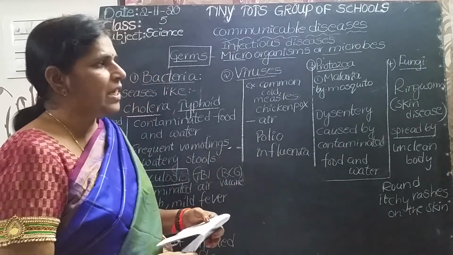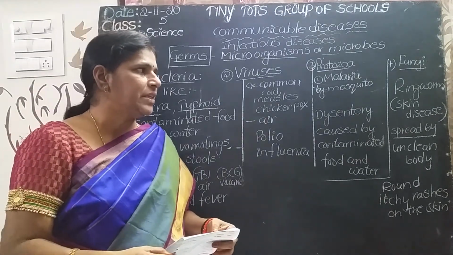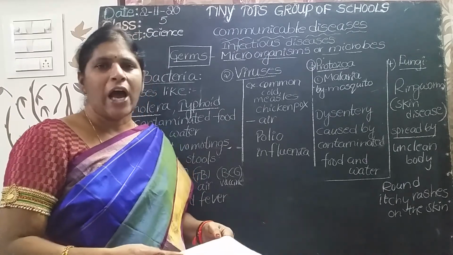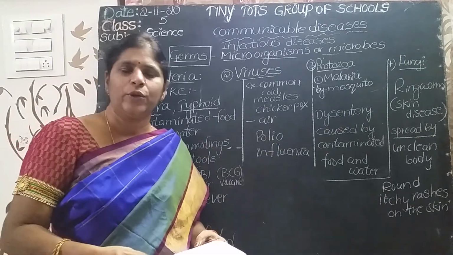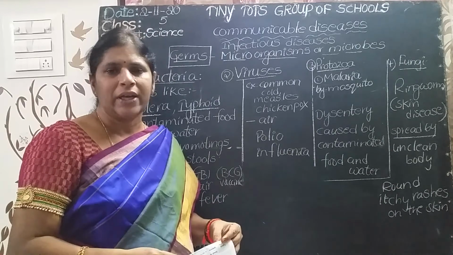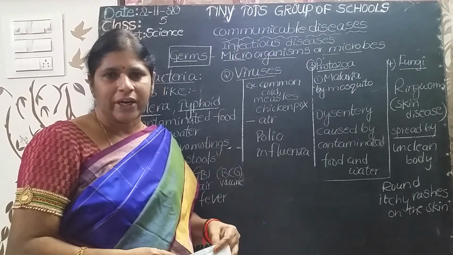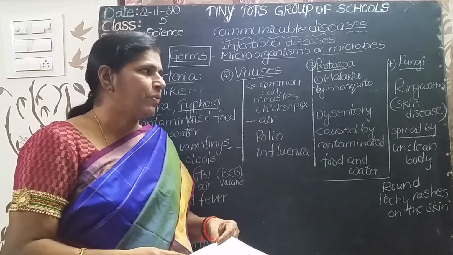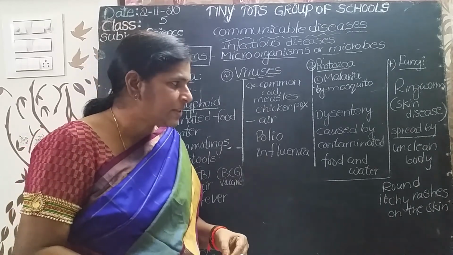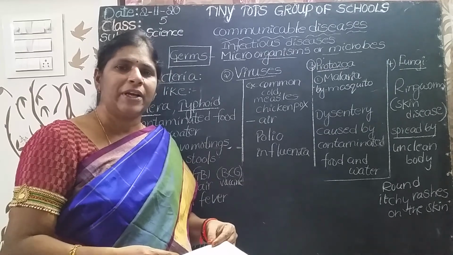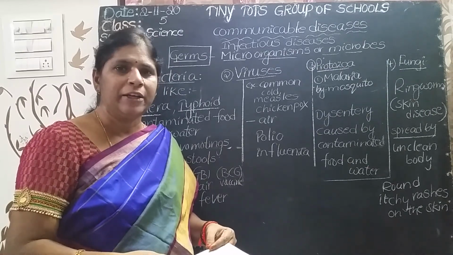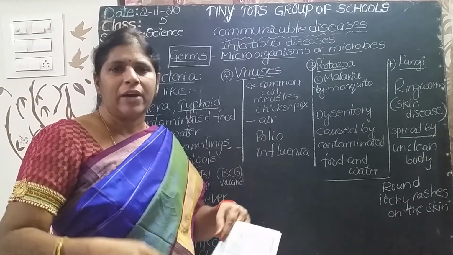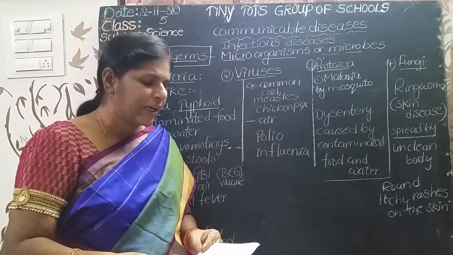These are fungal diseases. Skin diseases are mainly spread by an unclean body. That's why you have to clean your body regularly, two times daily, with good soap and a clean towel, children. Don't forget it, otherwise you may get ringworm. Ringworm is a skin disease caused by fungi, spread by an unclean body, with round, itchy patches formed on our body.